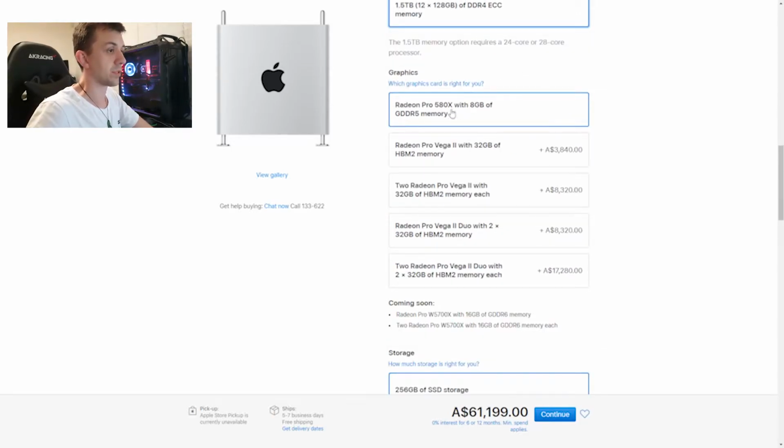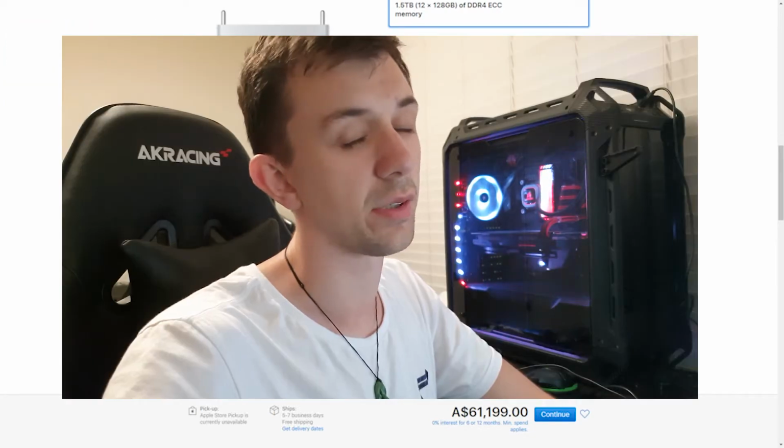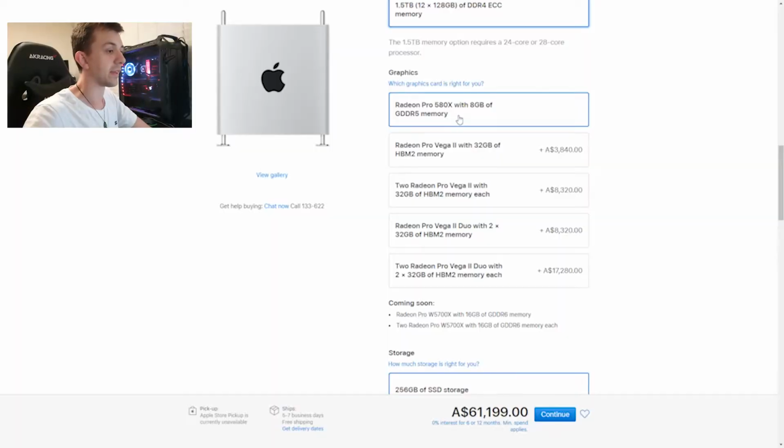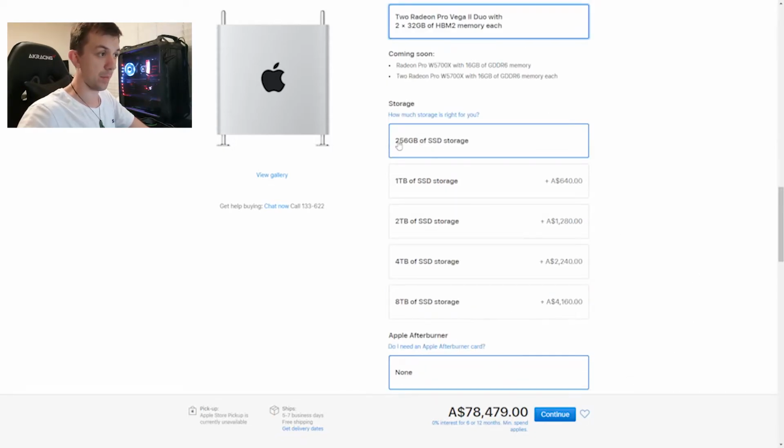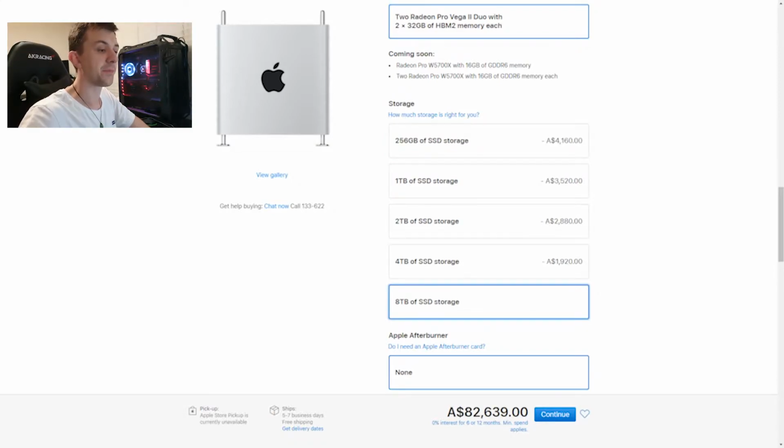Here we are, we've just got a basic Radeon Pro 580X. I really can't English. It's been a long day today. With 8 gigabytes of the GDDR5. So let's go all the way to the best. Two Radeon Pro Vega 2 Duos with 2 by 32 gigabytes of HBM2 memory each. That's another $17,280. Let's upgrade our SSD. We'll go all the way to the best at 8 terabytes. There we go,